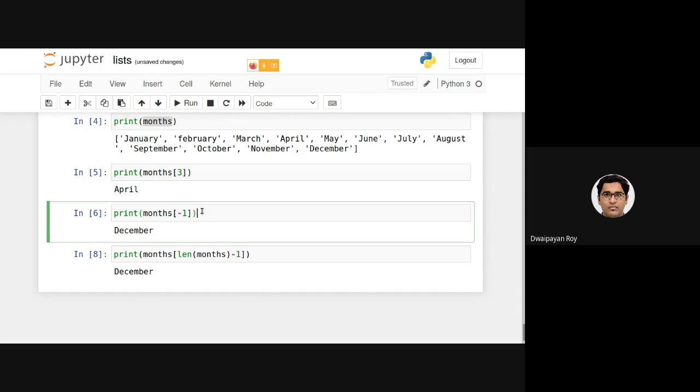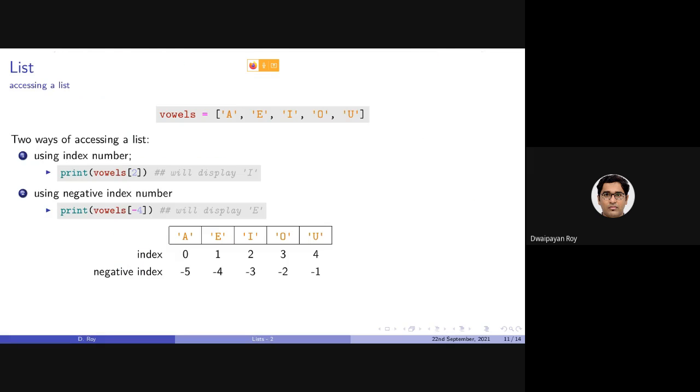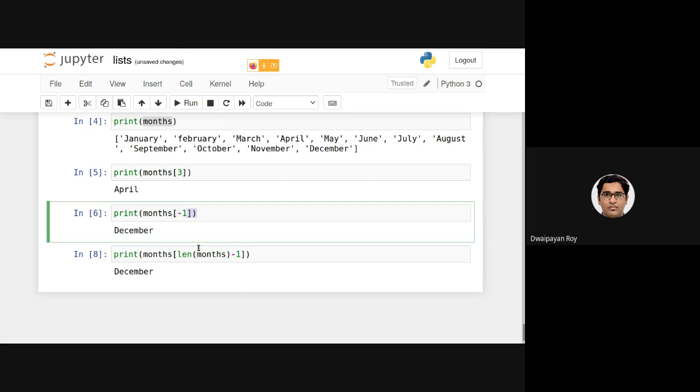So if I compare this with this, negative indexing is essentially the length of that compound or sequence data type minus the value that we are actually using.